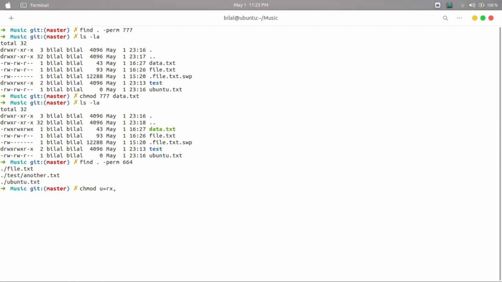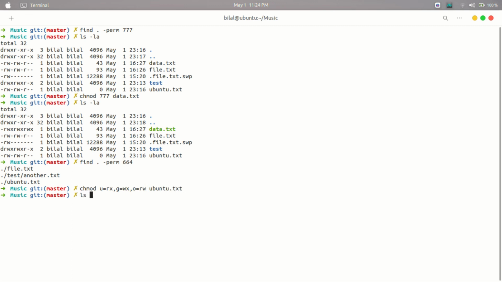After that, for group, I'm giving the permission write and execute. And for other people, I'm giving the permission read and write. So the user will contain the read and execute permission, the group will be given the write and execute permission, and the other people will be given read and write permission. So let's say I write the file name here,